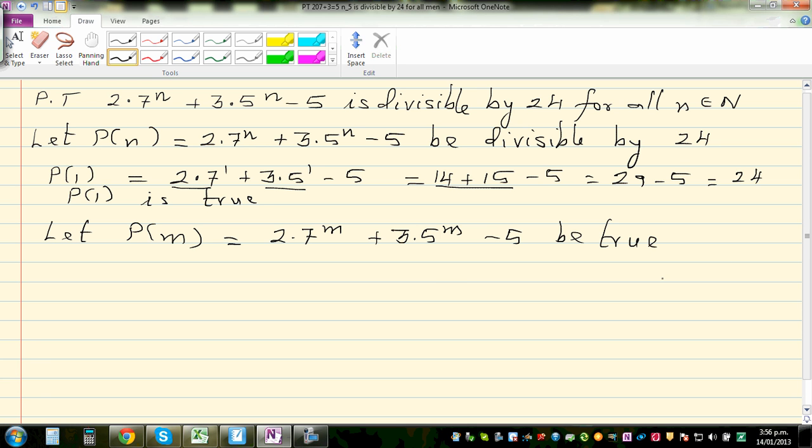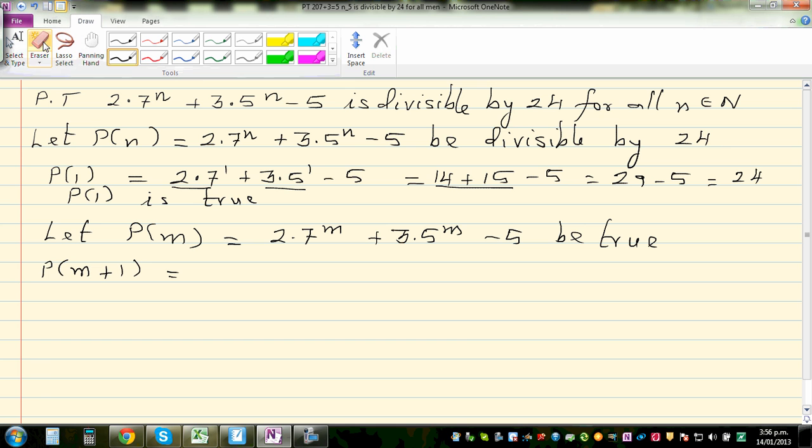If that is true, and if we can prove P of m plus 1 is true, then we are accepting this to be true. For P of m plus 1, we're going to prove that to be true. Okay, so P of m plus 1 would become,